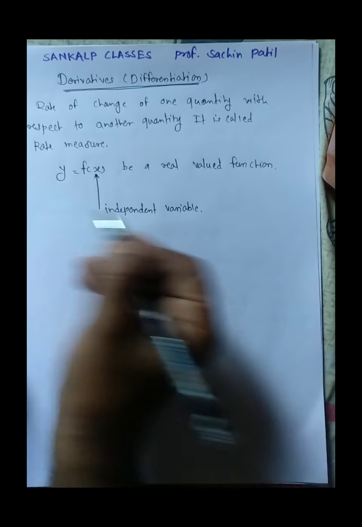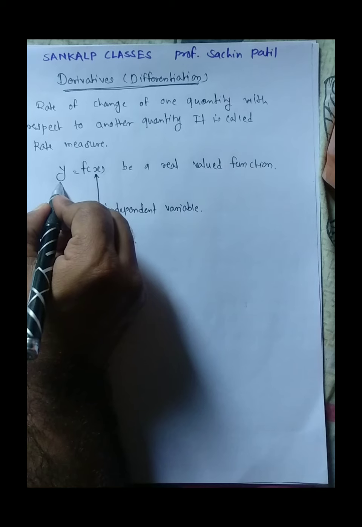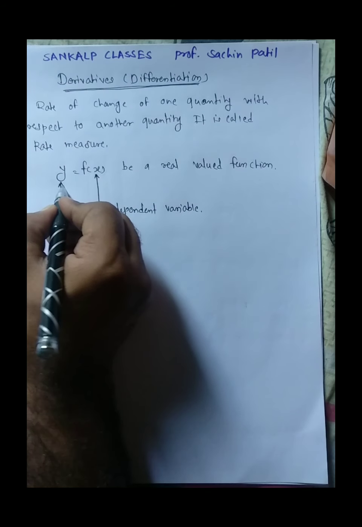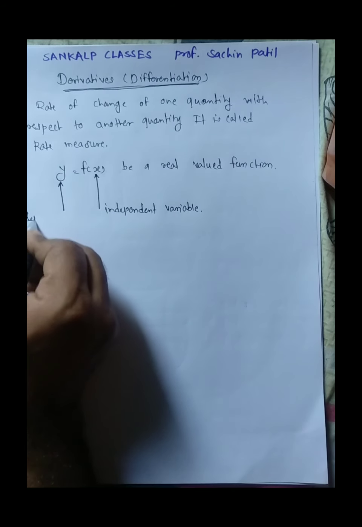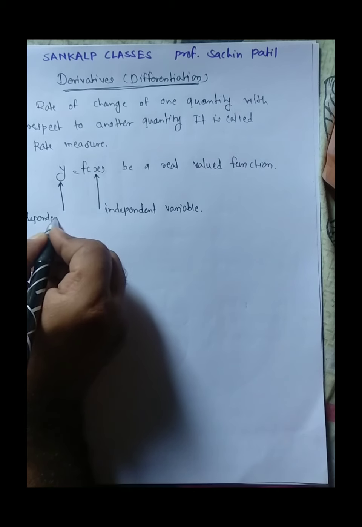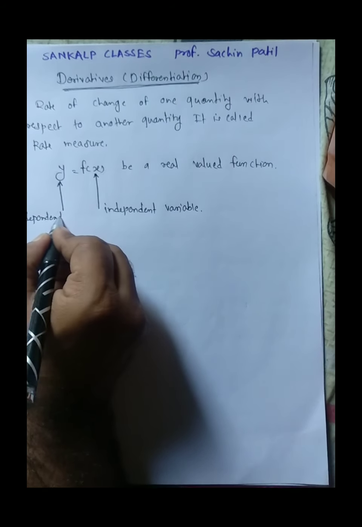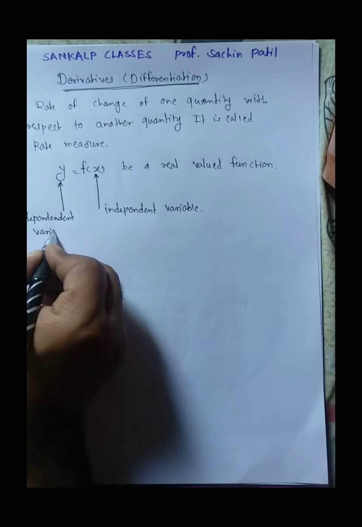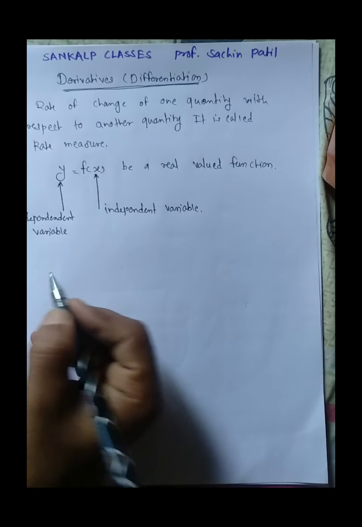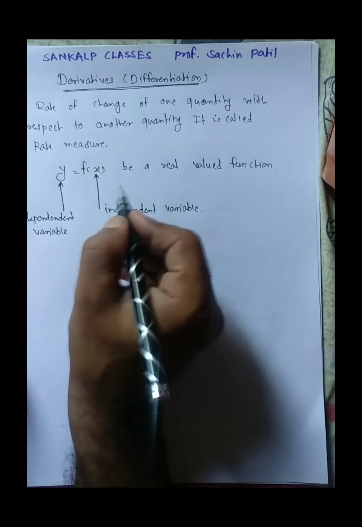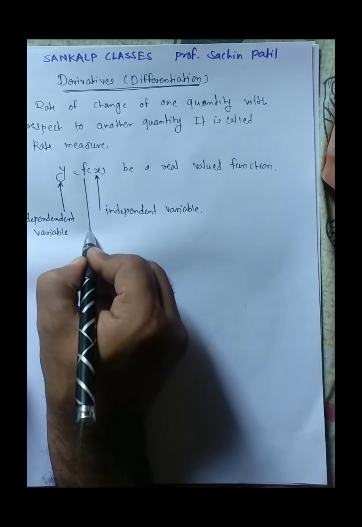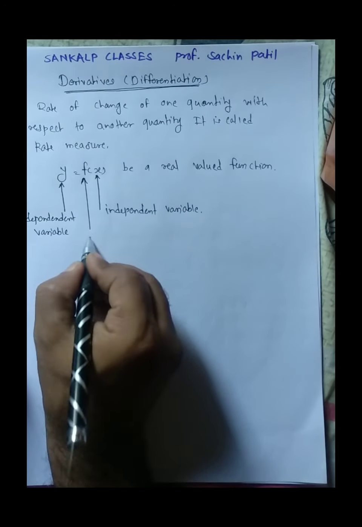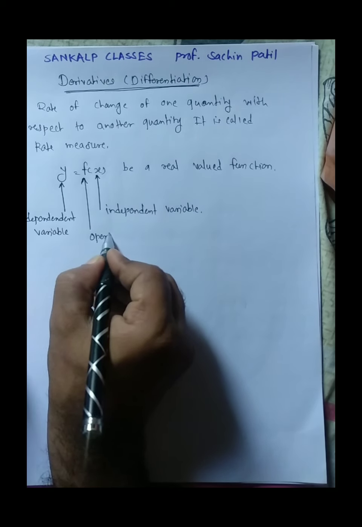Independent variable means this variable does not depend on any other quantity, and y is the dependent variable. That means the value of y depends on x, and this is done by using a function f, which is nothing but an operation